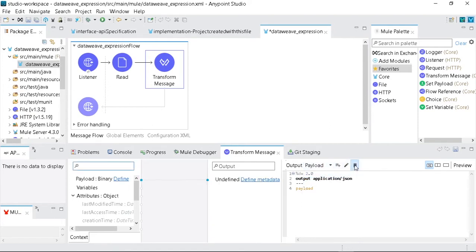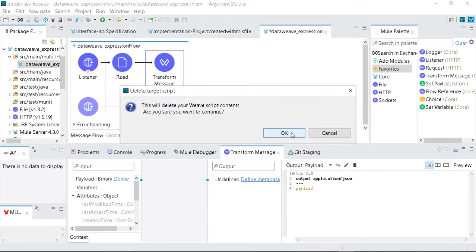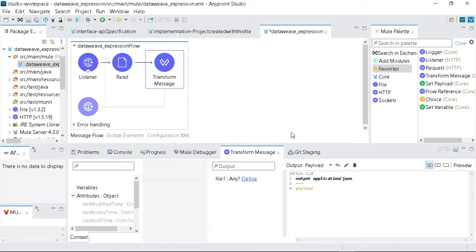I will delete this one because as of now I don't require this payload. So now, as you can see, only one variable file1 is here. Now let's change it. I'm changing it to JSON, here payload. So the payload value will come in variable file1.